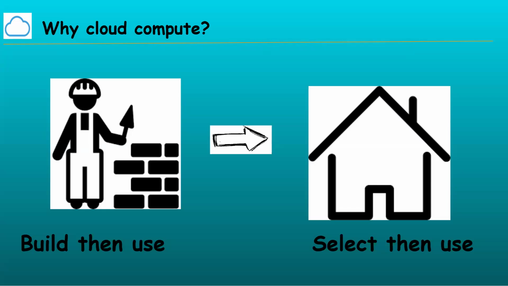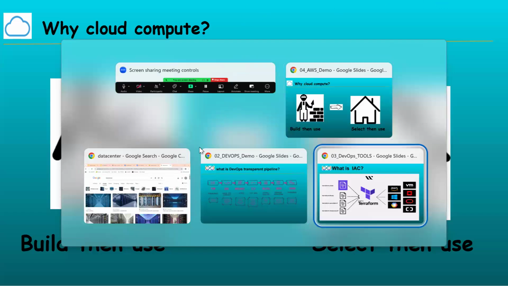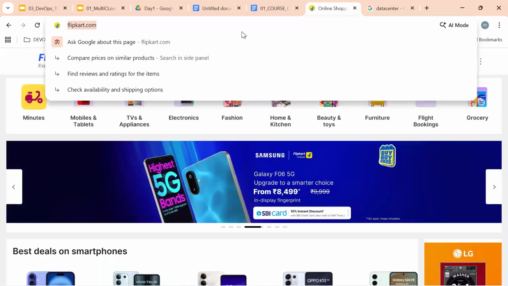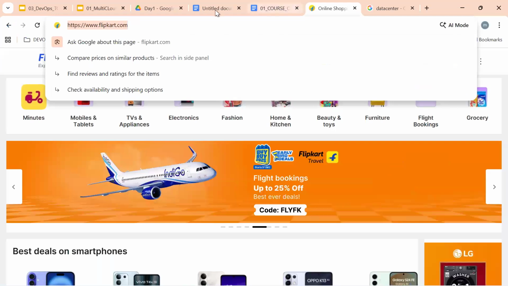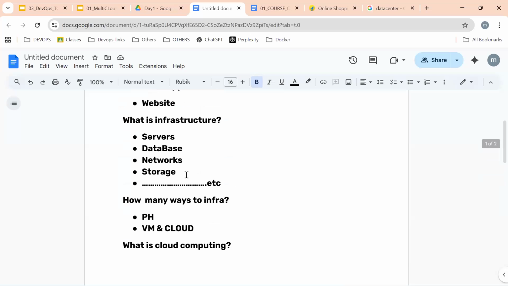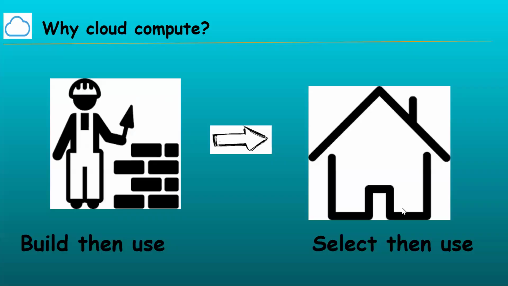Same way, just for deploying our Flipkart or Redbus or any kind of application, what kind of infrastructure is required? We can get it from cloud, and based on usage we pay rent. That is exactly what cloud is. Any cloud, either Azure or AWS or Google, is rental-based infrastructure only.